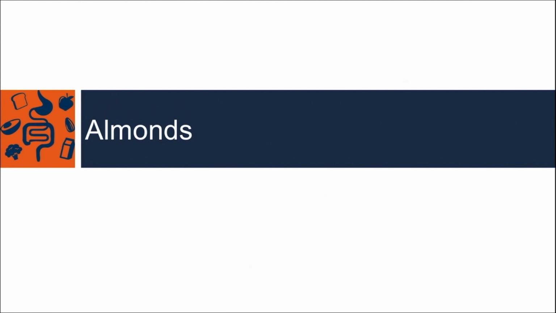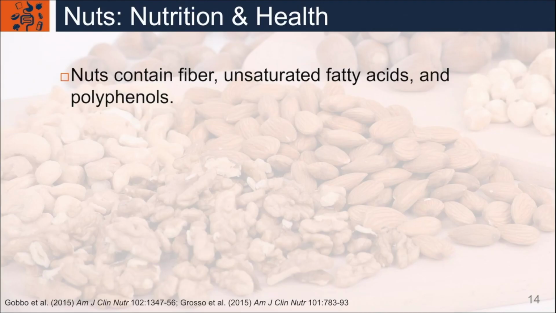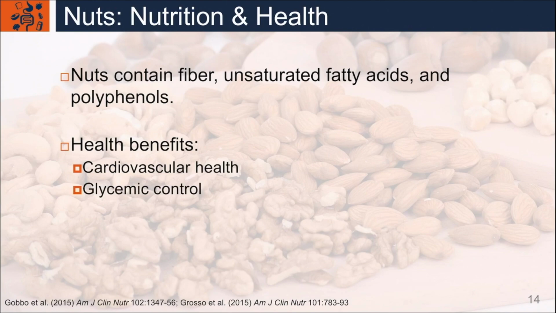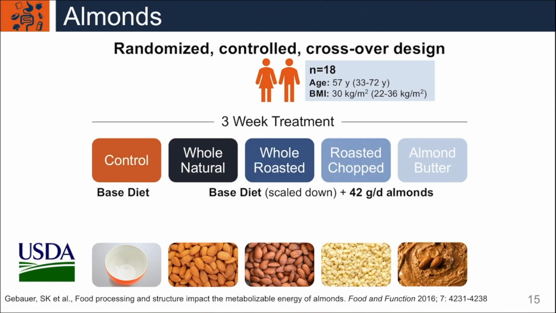matrix. I'll begin by first discussing the effects of processing on nutrient bioaccessibility of almonds. Nuts are nutrient-dense foods that contain fiber, unsaturated fatty acids, and polyphenols, along with other types of fats, protein, vitamins, and minerals. Epidemiological and interventional trials have demonstrated that consumption of nuts contributes to benefits to cardiovascular health, glycemic control, and body composition. To better understand the effects of processing on the metabolizable energy of almonds, which may underlie some